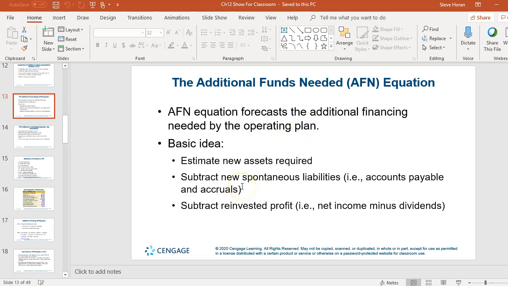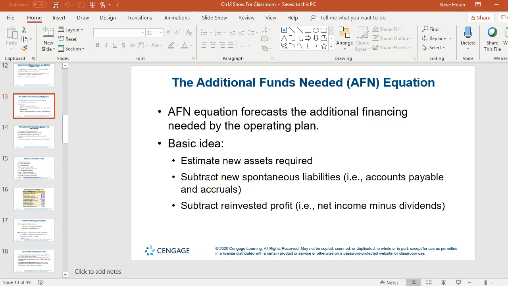Okay, so think of it as being a manufacturer or even a retailer, and just, if I grow by a certain percent, that means I need to buy more product or open new stores or buy more machinery, make new product, whatever that would be. A certain amount of growth will require extra financing. So we're trying to figure out what new assets do we need to acquire to support the growth,